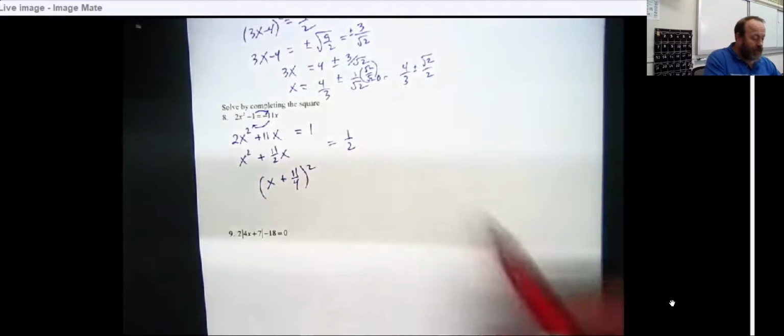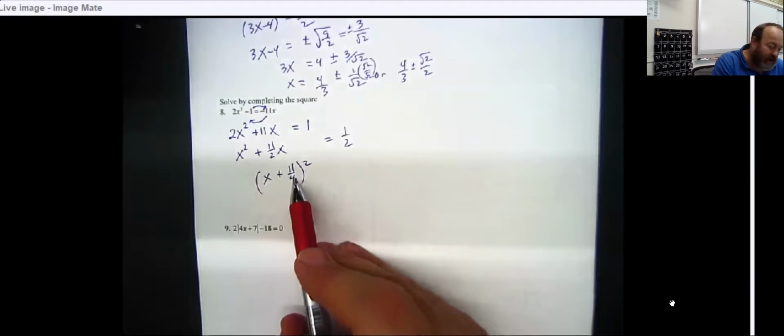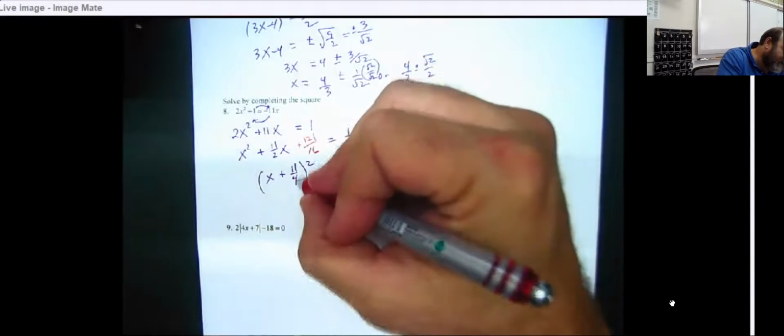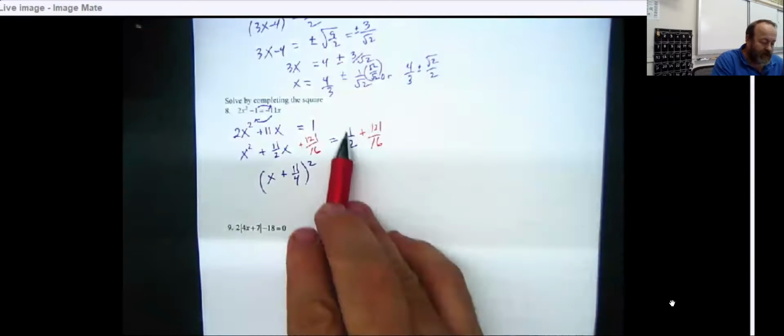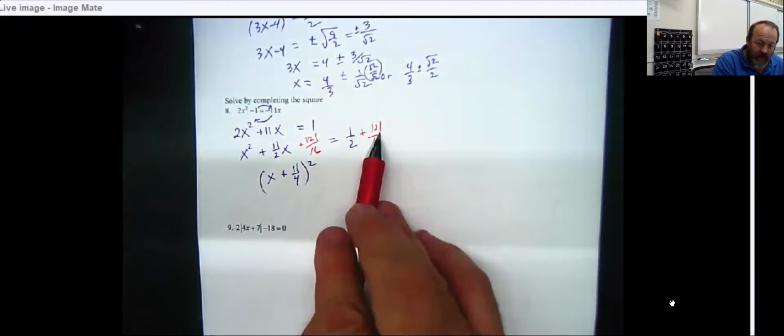And if I take 11 over 2 and cut it in half, I get 11 over 4. But remember, it wasn't just cut in half. The trick was cut in half and square. So this is 121 over 16, because 11 and 4 squared. Now, again, this isn't too bad because you can see that 8 over 16 is a half. So 8 and 121 is